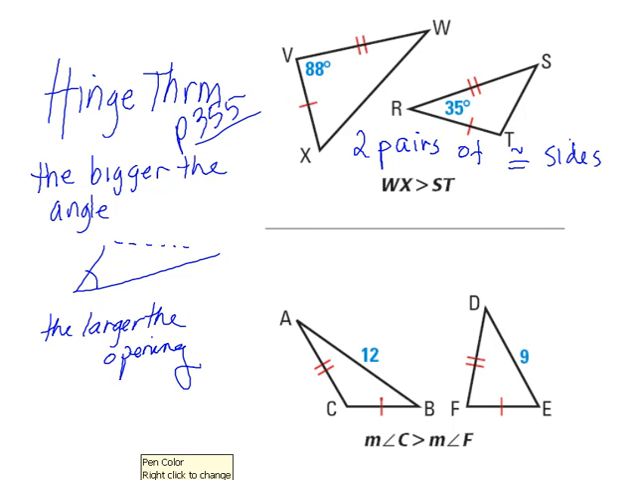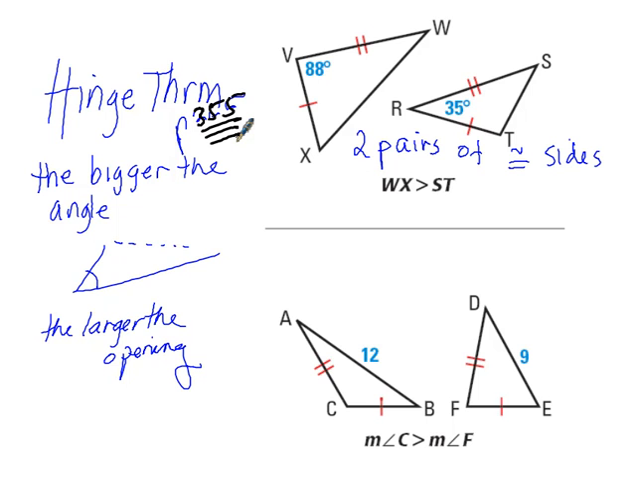I'm Mr. Keaton. I'm here to talk about the Hinge theorem and indirect reasoning today. This is section 5.6 in your book. I'd encourage you to go to page 355 and see what the book has to say about the Hinge theorem, and I will go ahead and summarize